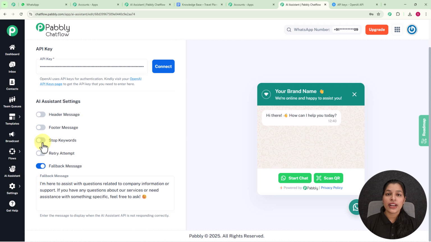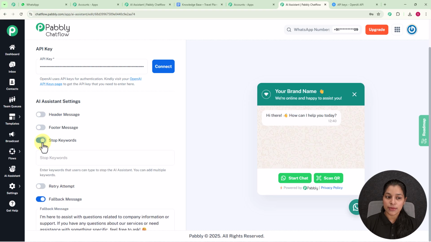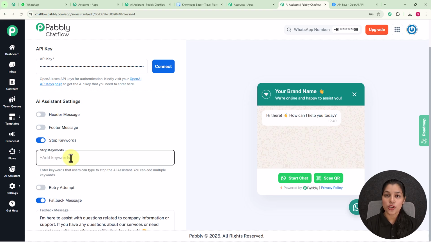So if you want to provide a stop keyword, you just have to enable it, and here you have to enter your stop keyword, and this stop keyword can stop your AI assistant. Now let's say I want to stop my AI assistant as soon as someone types this word, that is stop. So for that I have to make this word as my stop keyword. So you just have to type it and press the enter key, and here our one keyword is ready. Now as soon as someone will enter the stop keyword, our AI assistant will be stopped. But here I am not going to provide any stop keyword, so I will be just disabling it,